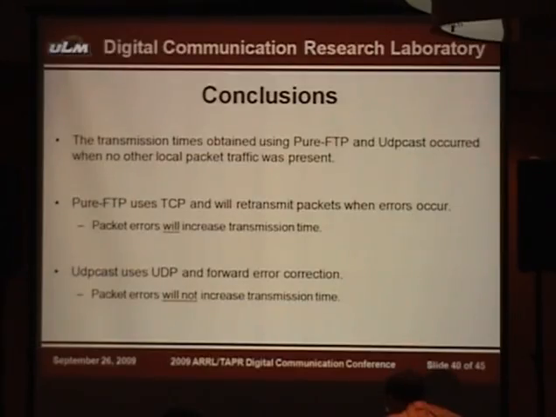UDPcast, conversely, uses UDP and forward error correction. Now, if there was competition or congestion in the network, the forward error correction will be used by the receiver to correct any errors that occur. So if there were packet errors, that really doesn't increase the transmission time, because that's what the FEC is for, right? And so if I'm seeing congestion or competing traffic in the network, I can dial the FEC up, and hopefully the receiver will be able to interpret that and say, yes, the packet is fine, or the packet is incorrect, I'll use the FEC and pull back the